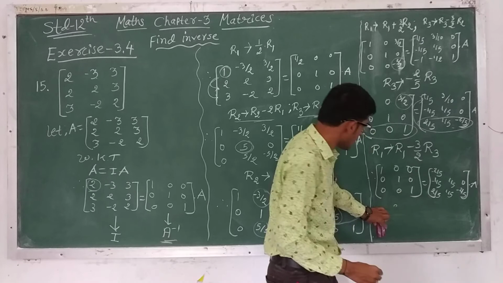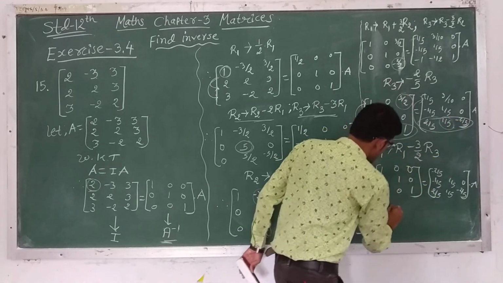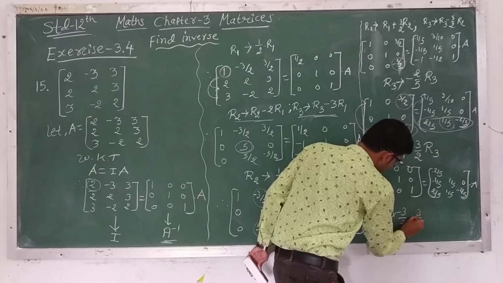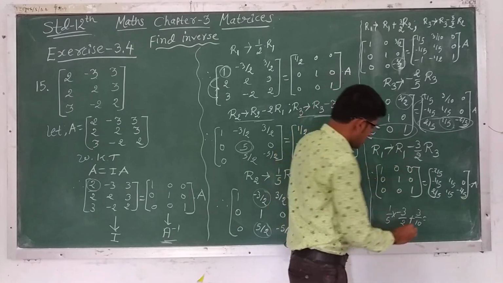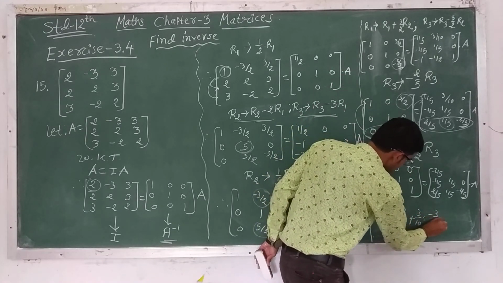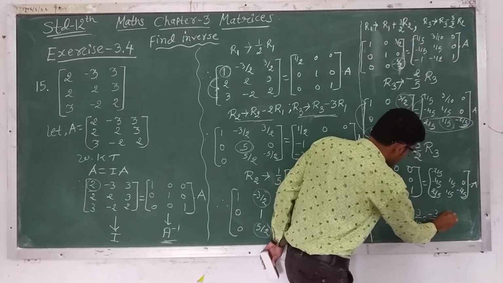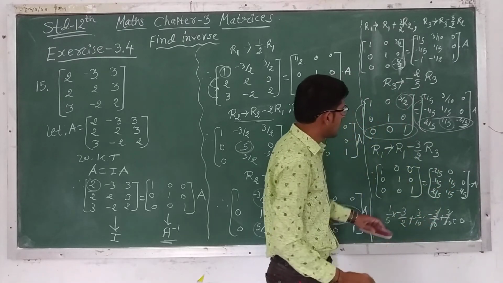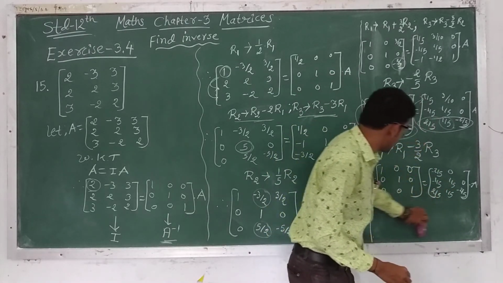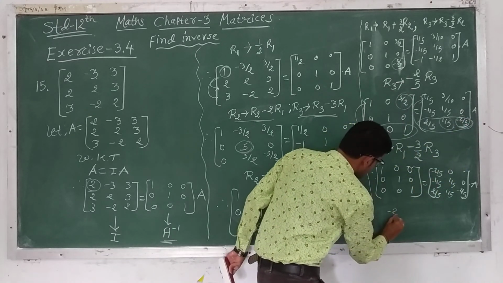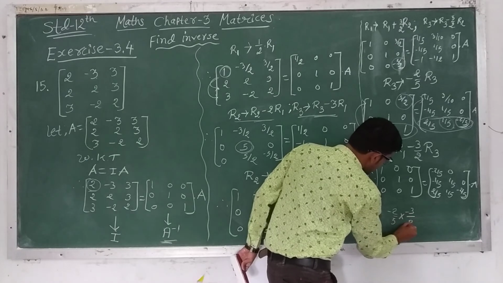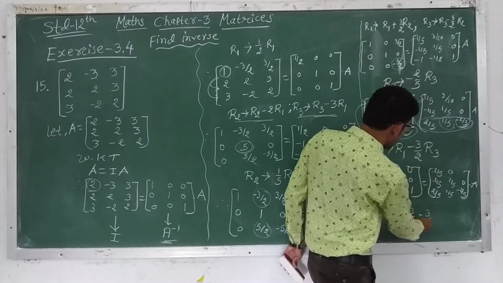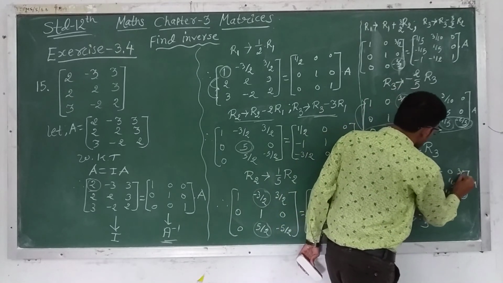Next, 1 by 5 multiplied by minus 3 by 2 is minus 3 by 10, plus 3 by 10, because we have to add to the first row. So minus 3 by 10 plus 3 by 10 cancels out. So the answer will be 0. So here write down 0. And last, we multiply minus 2 by 5 by minus 3 by 2. So the 2 cancels out. Minus minus plus, 3 by 5. 3 by 5 plus 0. So here write down 3 by 5.